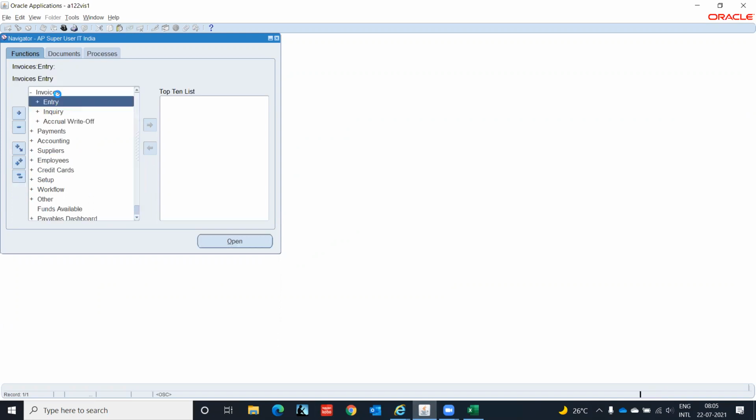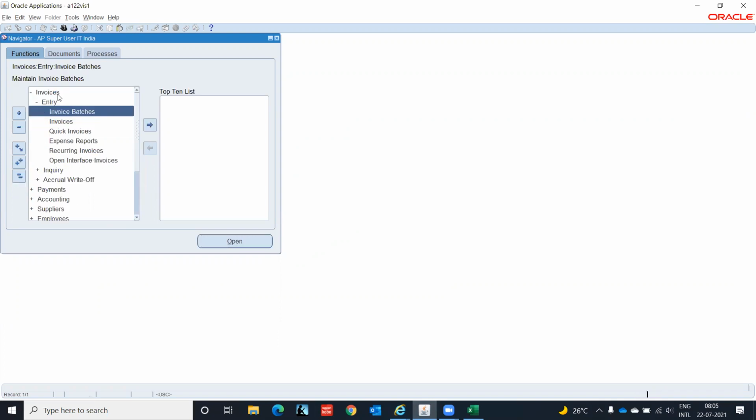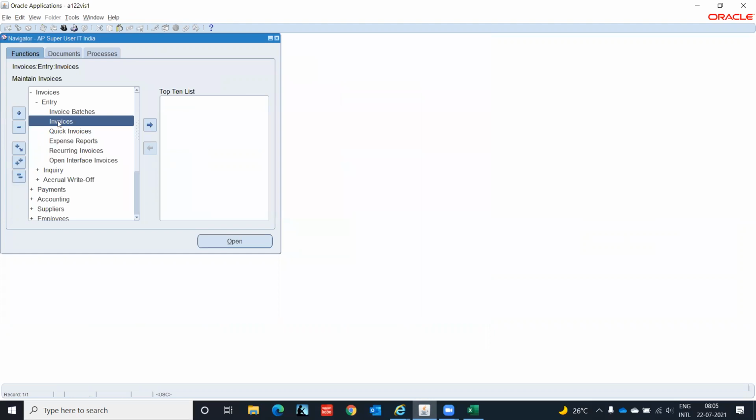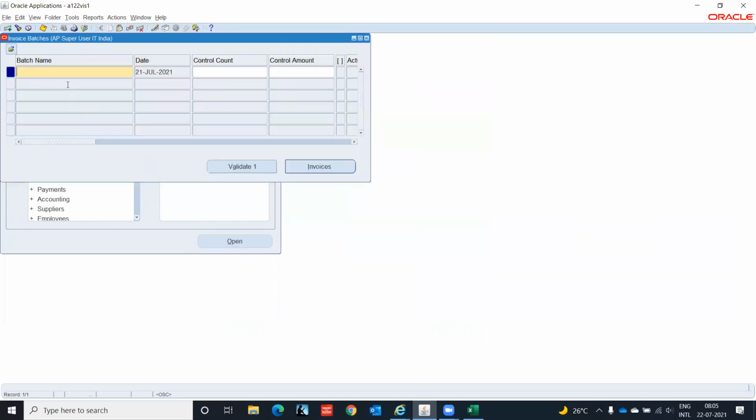I have invoices entry. I am going to enter an invoice normally, as a normal invoice. Okay, I have enabled the batch control. So it will not allow me to enter single invoices. I have to go to the invoice batches only. Invoice batch.